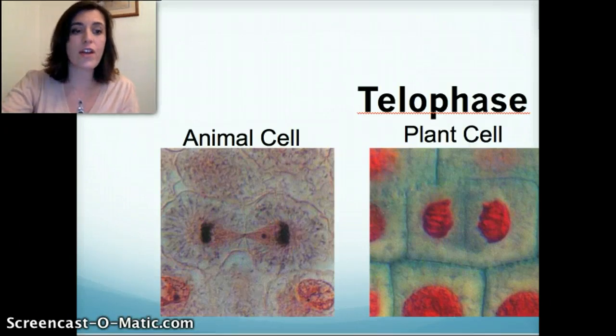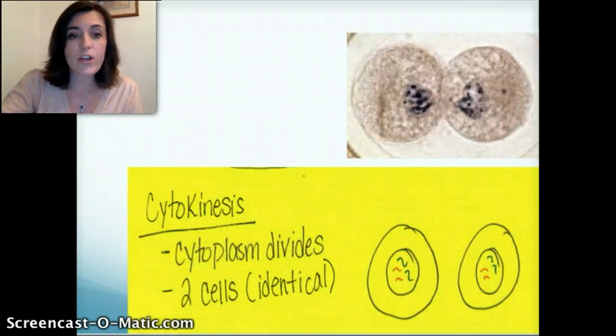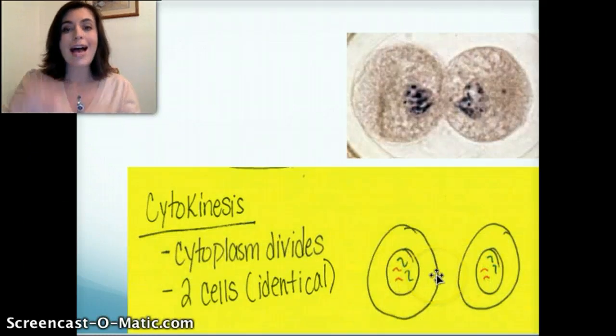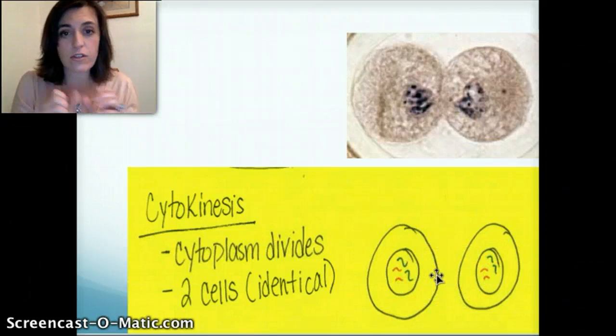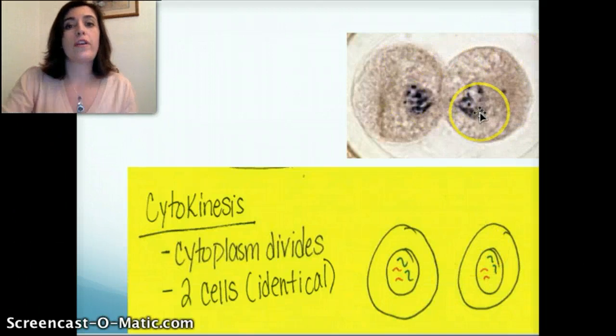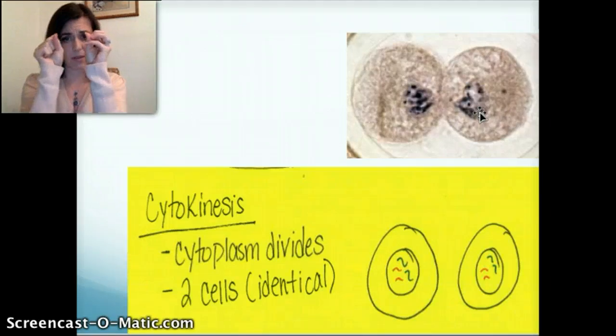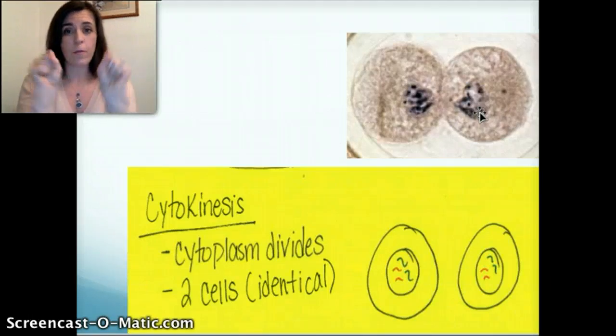After this, it's going to go into your last stage, which is cytokinesis. This is where you're actually going to have two identical cells, two daughter cells, completely identical clones of each other, and you're going to see two cells and two nuclei. Those chromosomes have now condensed back into their ball, so now you can't see them very clearly. It's all just like a big blob, and there you go.